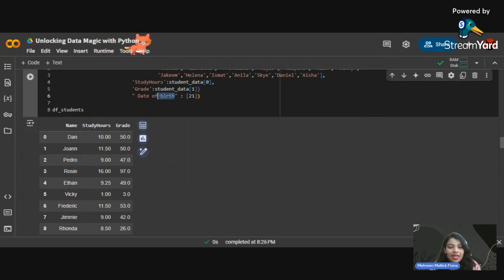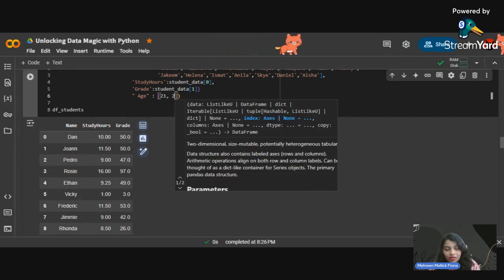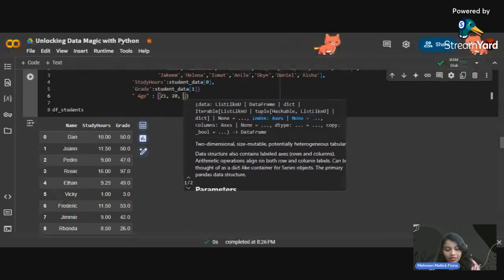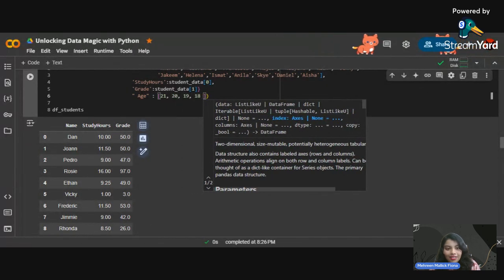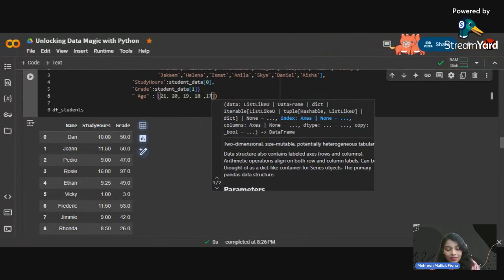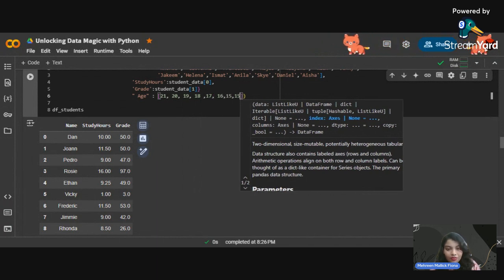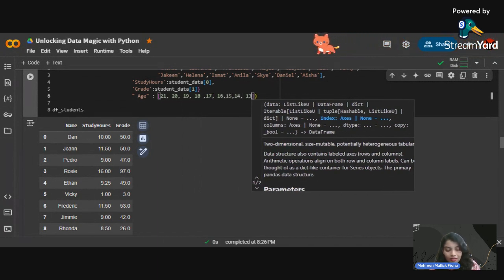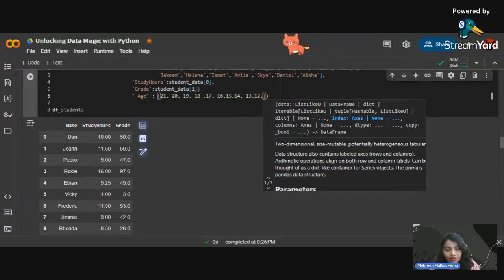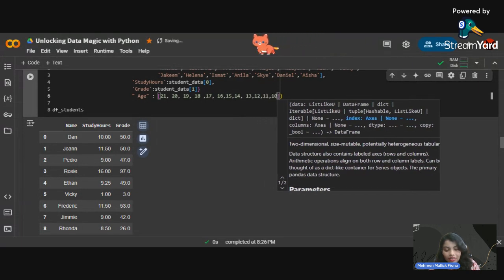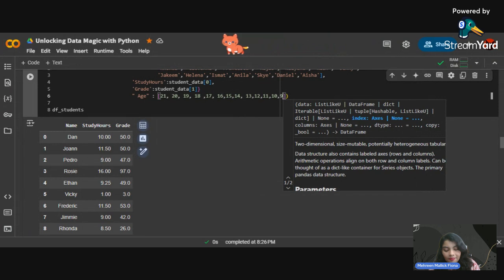Or let's make it aged so that it can be more explainable. So 21, 22, 20, 19, 18, 17, 16, 15, 14, 13, 12, 11, 10, 9.